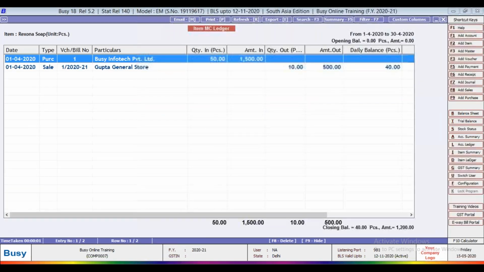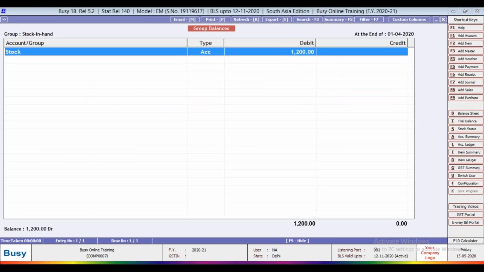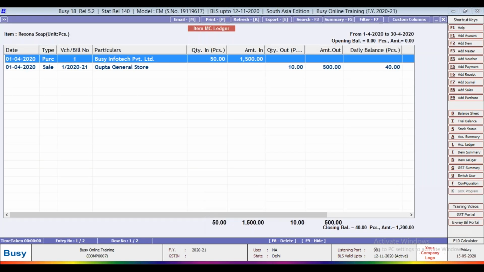Now see here, it shows stock status account wise, item wise. It will calculate automatically whatever stock you have. It will calculate the cost rate from the quantity and show it on the screen. You cannot define the closing stock manually in the balance sheet if you select the stock status option.